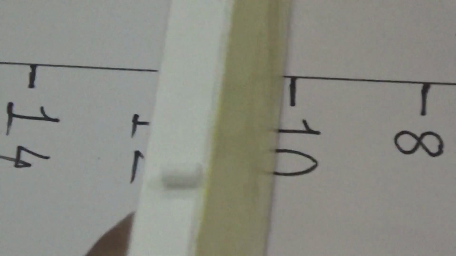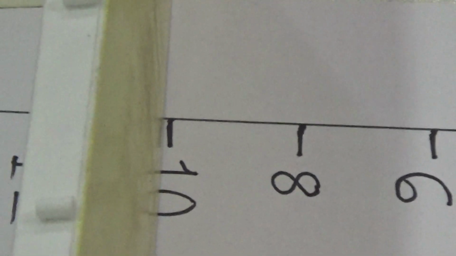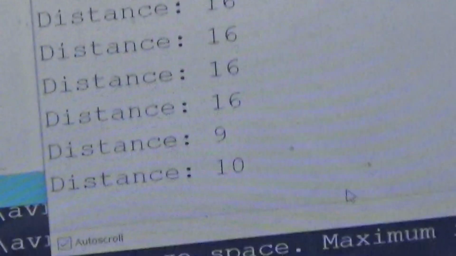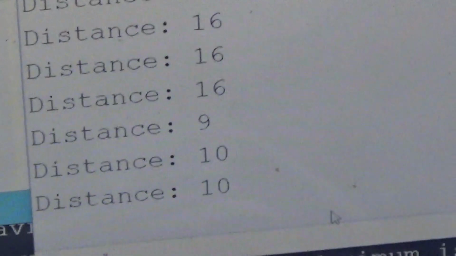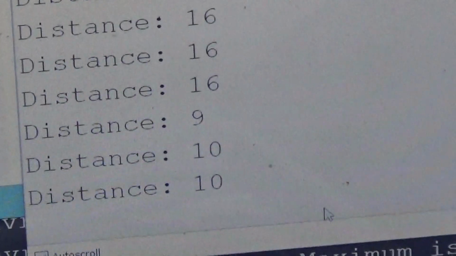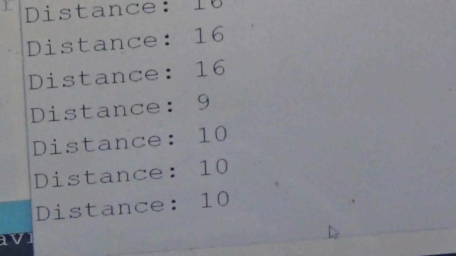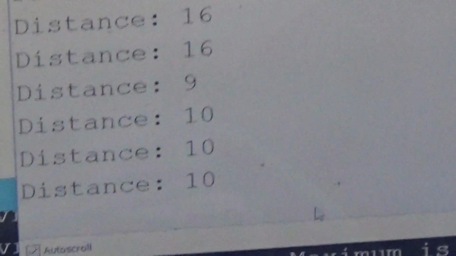So if I change, so intentionally here the delay of 5 seconds has been put in to note the change. So here if I move the object further, let us say around 10, so you can see the Arduino Uno also reads that as a 10 centimeter. So after 5 seconds the next value will come. So that is up to you to keep the delay. So here after 5 seconds the 10 is going to come.